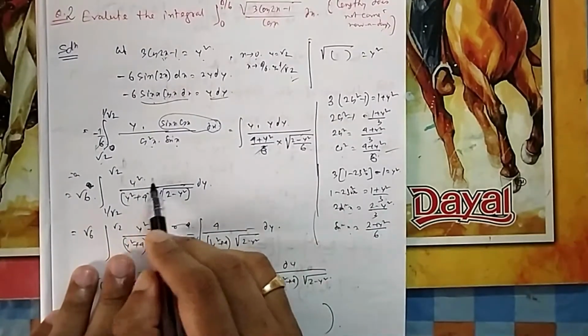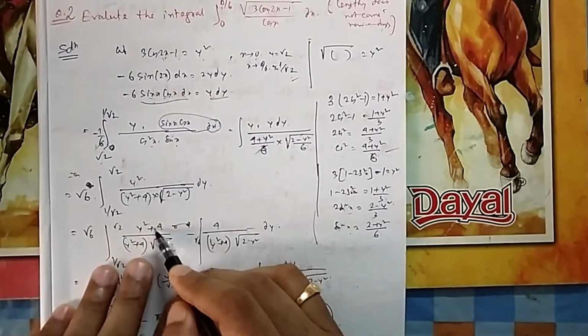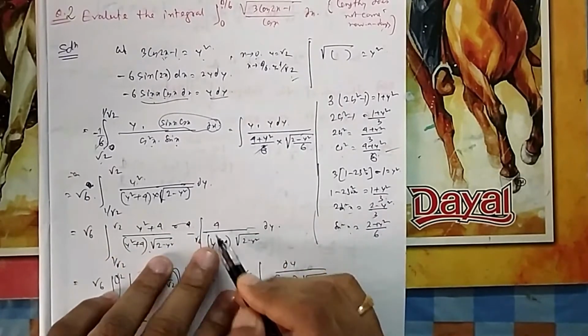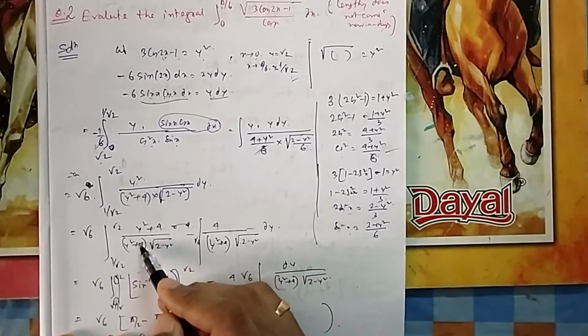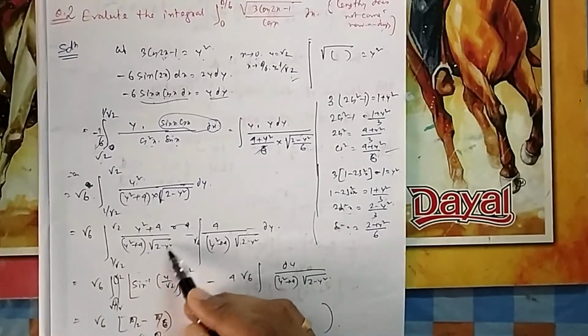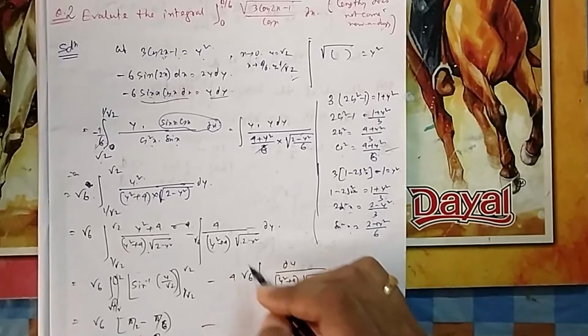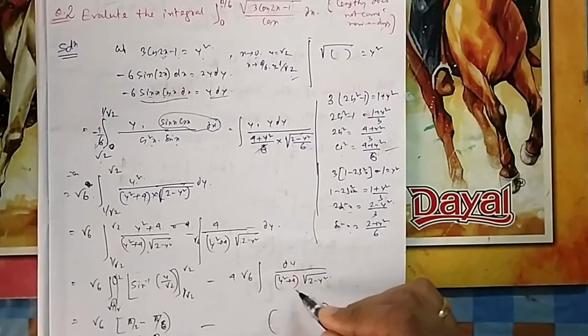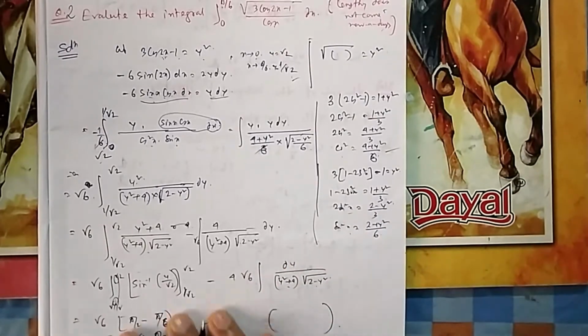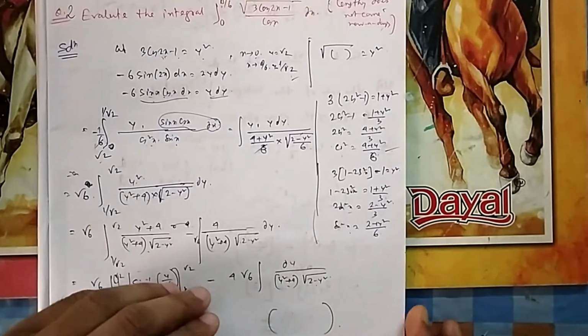So you can write it now: y square plus 4 and minus 4. So plus 4 will be y square plus 4 by this, and then minus 4 by this. This will be easy, because this gets cancelled. It will be sin inverse x square minus x square. You can solve this part, so that will be this one. This part, if you take 4 root 6 out, it will be something of the quad root quad. This part is already done, so this part is left, so this we will do now.